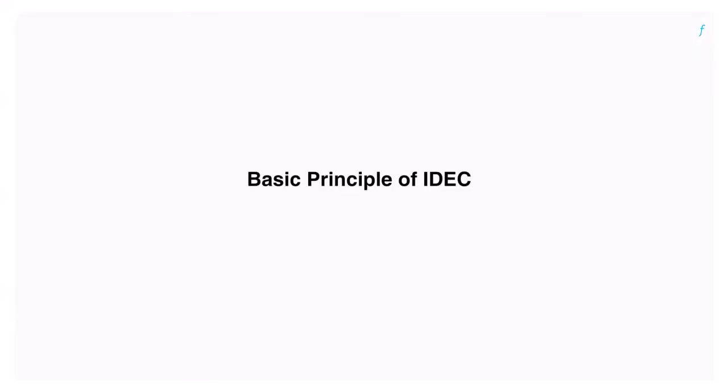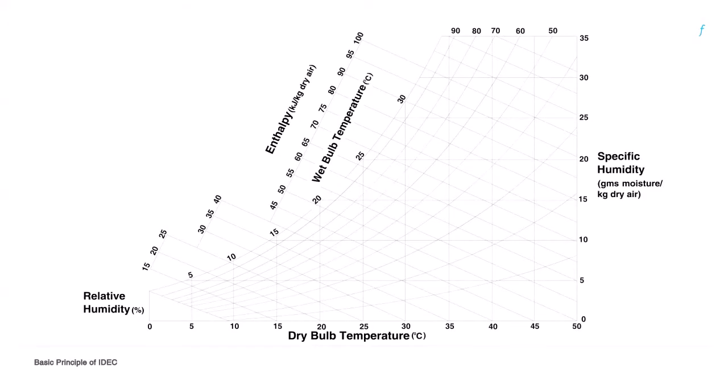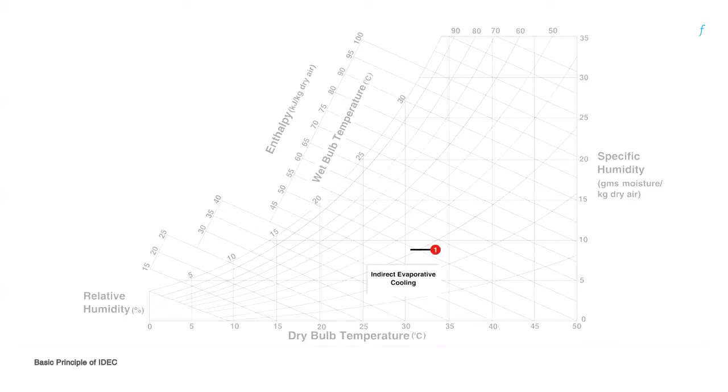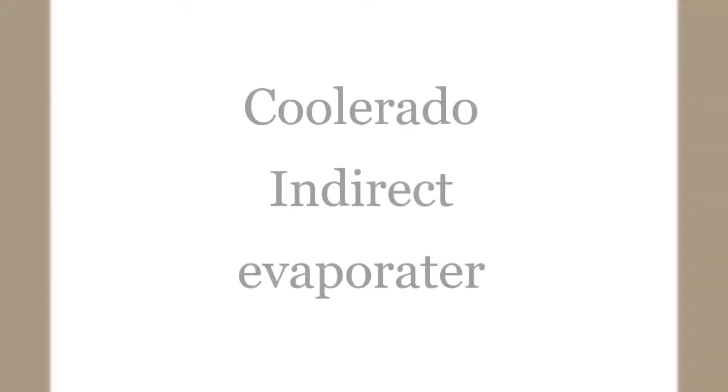The basic principle of indirect direct evaporative cooling can be understood using a psychrometric chart. Indirect direct evaporative cooling involves treating warm air first with a sensible heat exchanger. This is the first stage, or the indirect stage, where sensible cooling takes place and we see a reduction in the dry bulb temperature without any change in humidity. In the second stage, or the direct stage, the air is cooled and humidified, as can be seen in the psychrometric chart. The dry bulb temperature is reduced further and